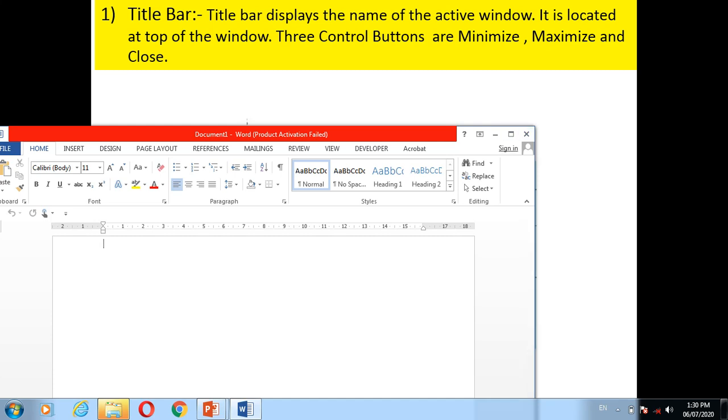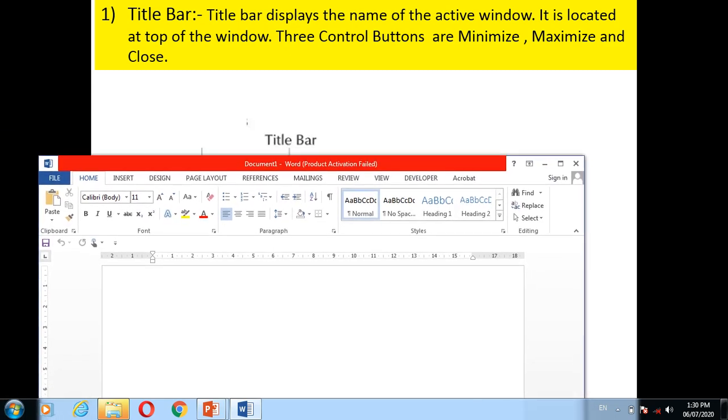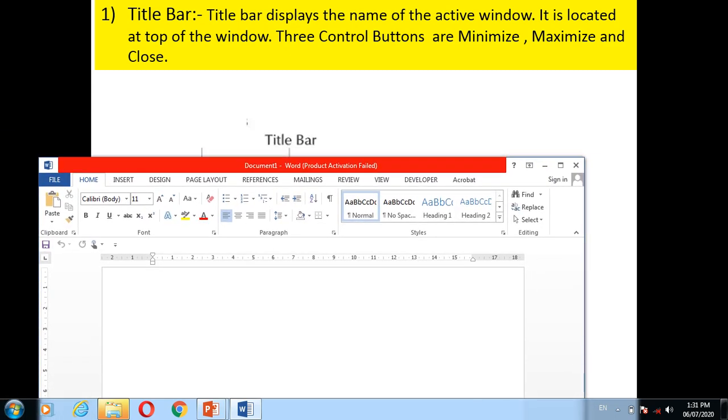This is the minimize button, this is the maximize button, and this is the close button. Okay. And this red color bar is called as a title bar, and it displays the name of the active window.